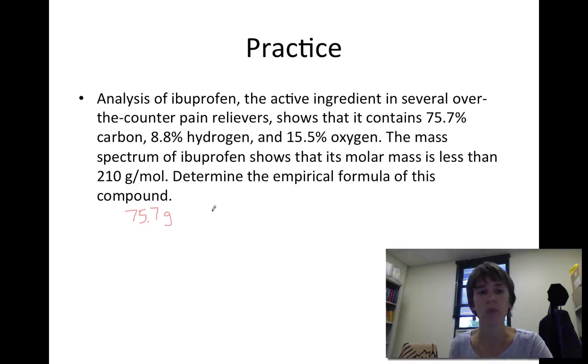If we did, we'd have 75.7 grams of carbon, 8.8 grams of hydrogen, and 15.5 grams of oxygen. So there's plenty of devices in the lab that can tell us what elements are present in different samples. So the next step in that strategy is that we're going to divide by the molar mass